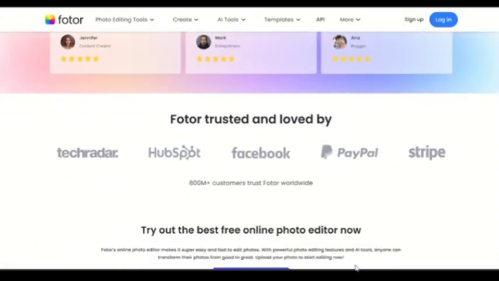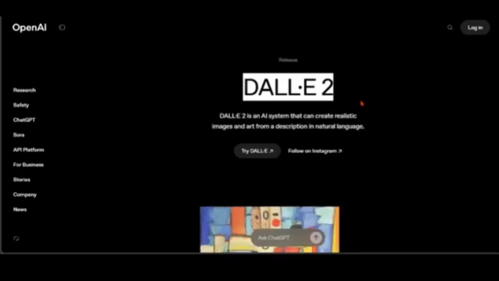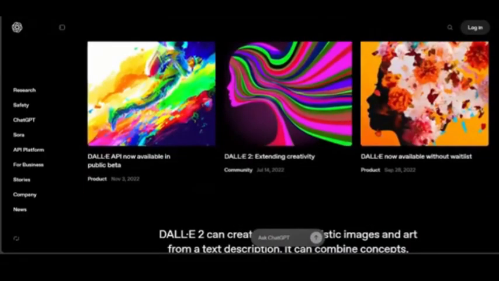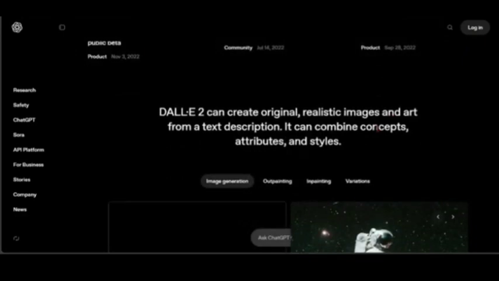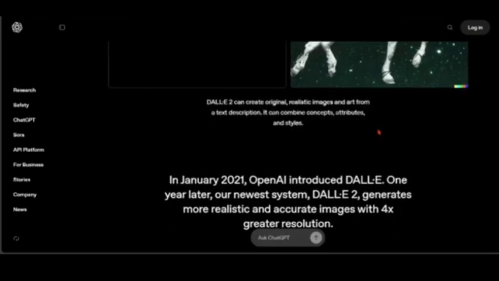When it comes to pricing, Fotor has a free plan. It also has affordable pro plans, while Dall-E 2 is actually pay per use, so it can get pricey. When it comes to speed, Fotor has instant edits, so there's no waiting, while Dall-E 2 takes a few seconds to generate. When it comes to customization, Fotor is strong on presets and templates, while Dall-E 2 has unlimited unique